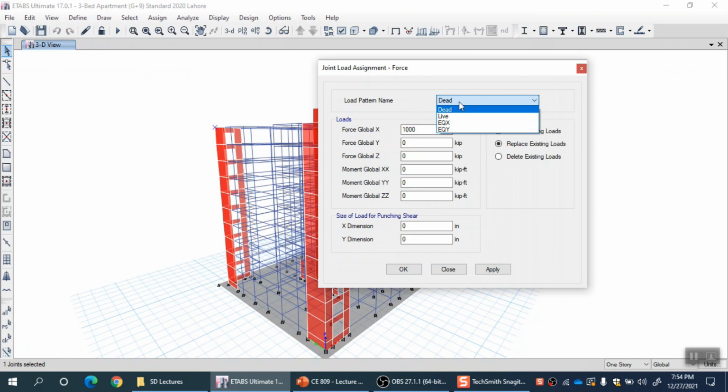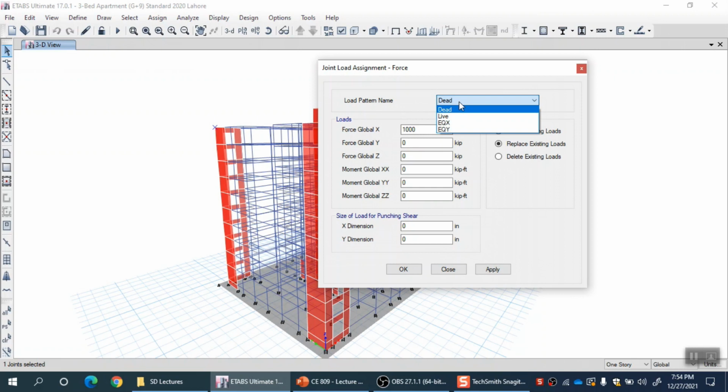So first you define a pattern, in the pattern you apply force or any other loading, then that pattern is called in a particular case, right. In one particular case you can combine different patterns also, but by default when you declare a particular pattern, its case is automatically defined.